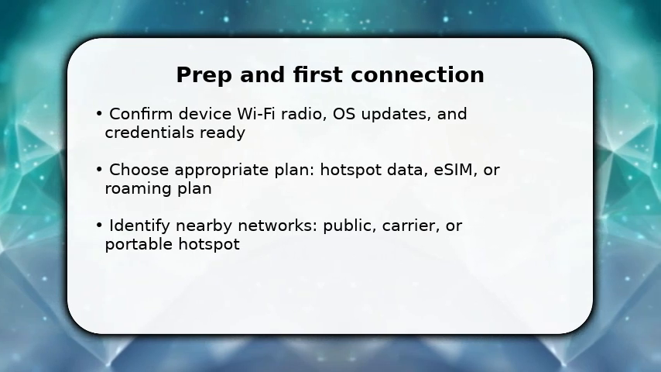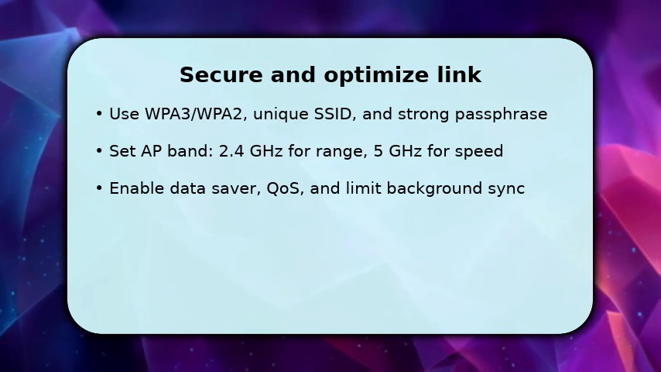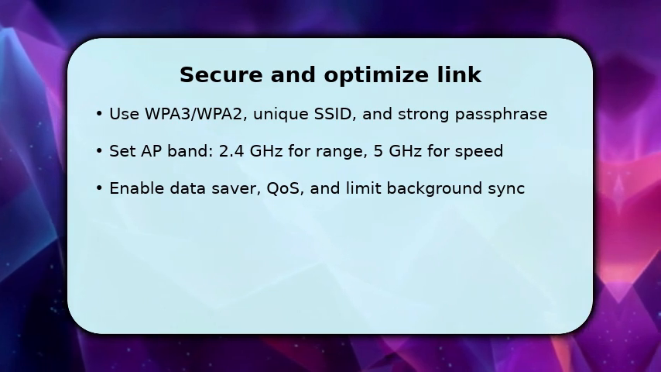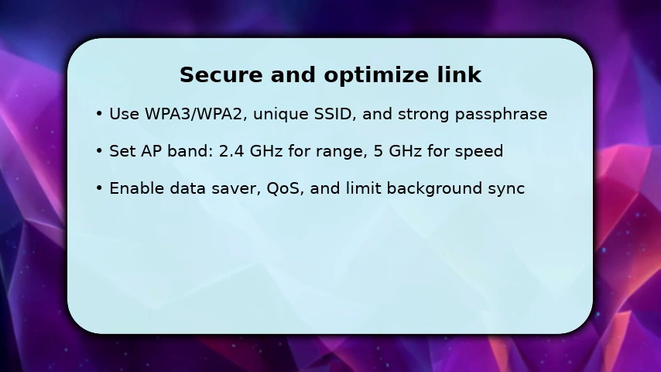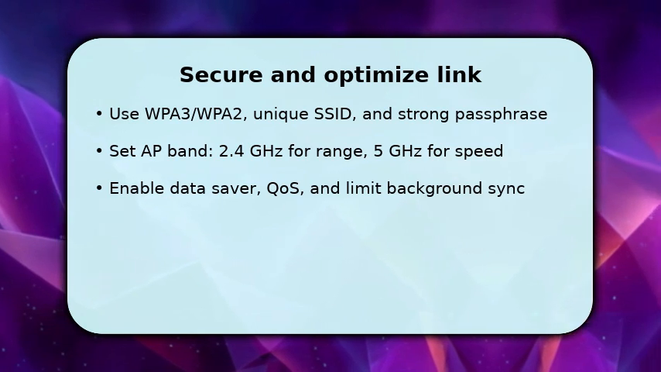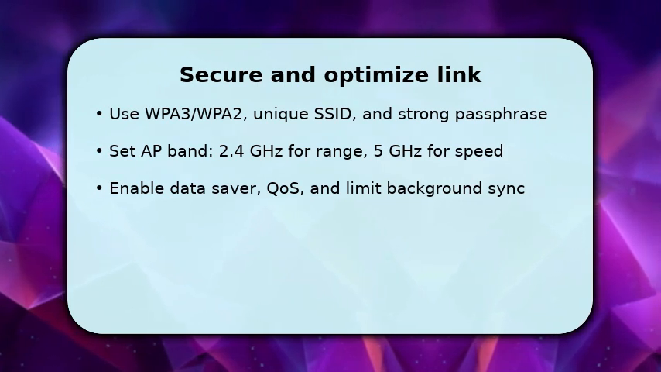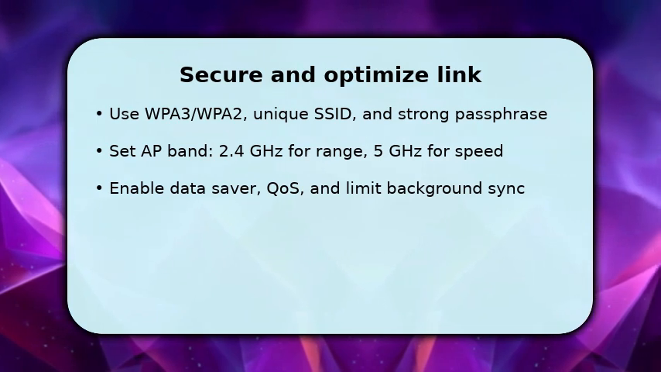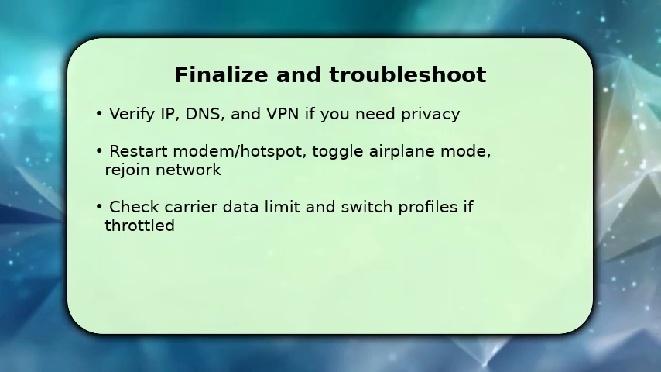Once connected, secure and optimize the link so you get usable speeds and protect data. You should set WPA3 or WPA2 encryption, change the default SSID, and create a strong passphrase. This prevents casual snooping. Then pick the right band. Use 2.4 GHz for wider range and 5 GHz for lower interference and higher throughput. Also enable data saver features, quality of service limits, and pause background updates so critical apps get priority and you avoid surprise usage caps. To finish, verify that your device has a valid IP and DNS and start a VPN